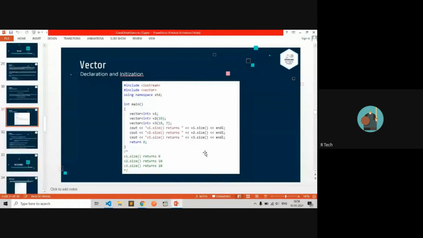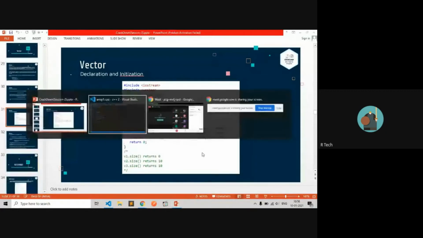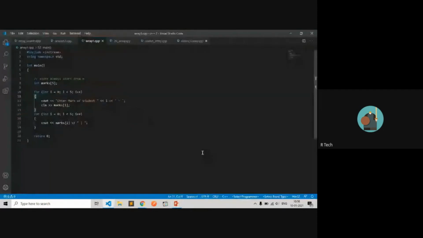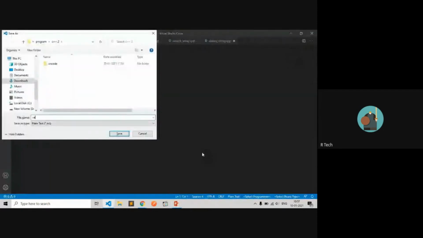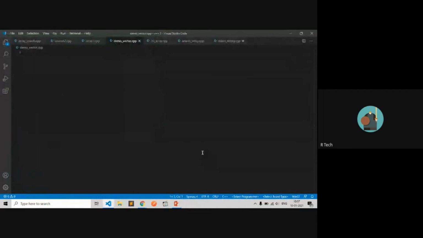So let's try to build. Include iostream, include vector, using namespace std, int main.